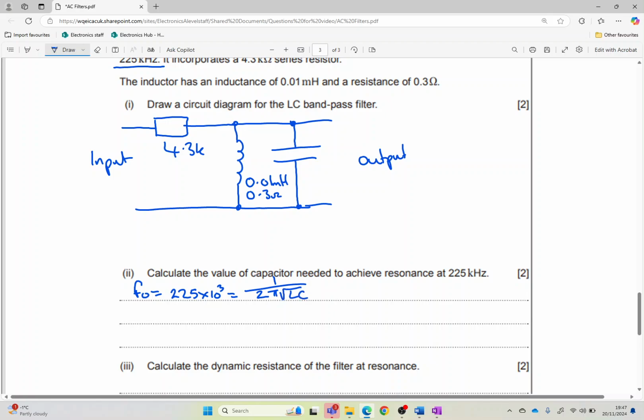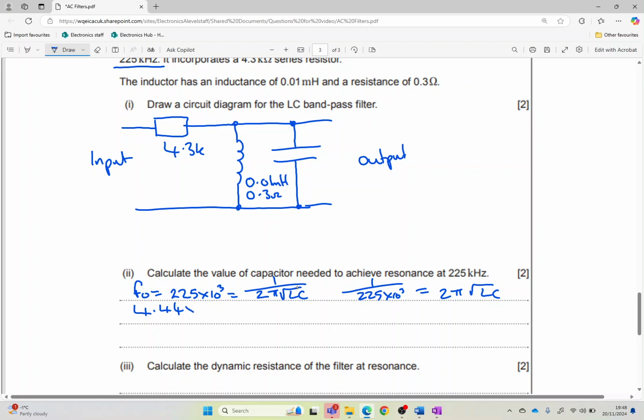So yes, some people obviously look to try and get rid of the square roots, but I like to do things a little bit more methodically. We can get rid of the 1 over on this to start with. So we're going to have 1 over 225 times 10 to the 3 is equal to 2 pi root LC. Oh yes, we knew the value for that. So therefore, just taking the 1 over, working that out on the calculator,